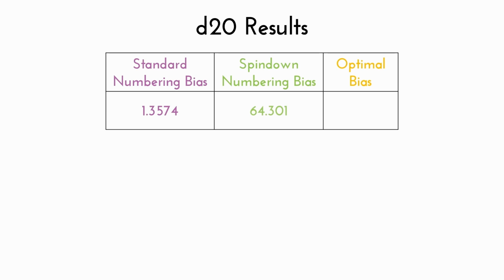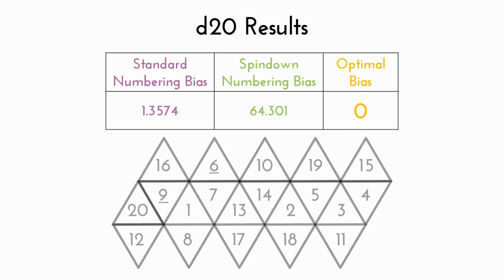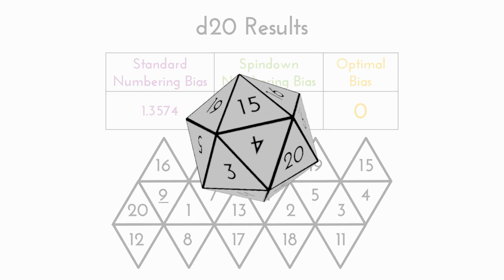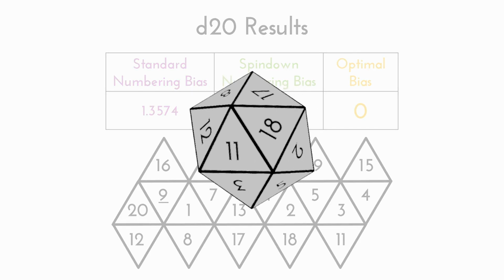And the optimal numbering has a bias of, drumroll, 0. Oh my god, it is possible. You can make a perfect D20. It looks like this. And like the optimal D10 and D12, there isn't a clear pattern here, but it is